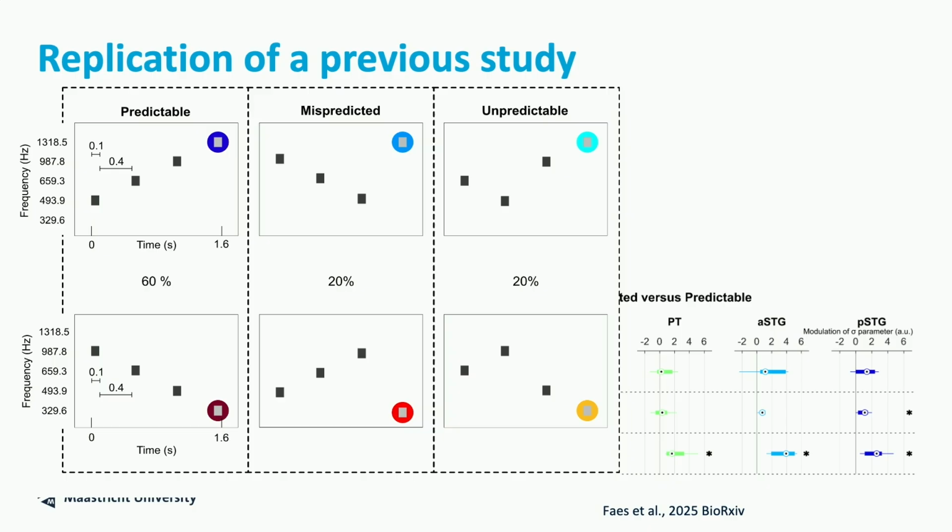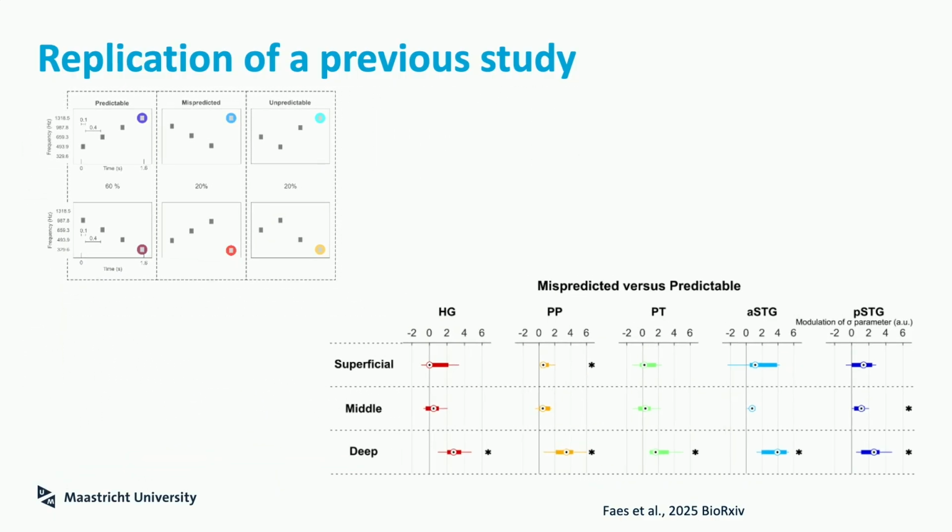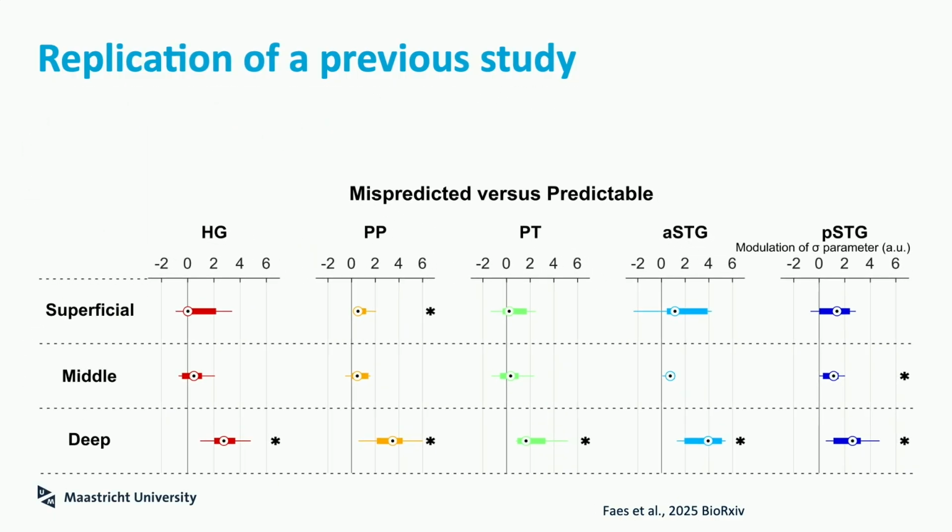And then if we analyze our data in a very similar way, and these are the results, then we also find similar effects. So a superficial layer effect in the planum polare, and again this very widespread deep layer effect. So it could be that the type of stimuli that we used, tone sequences in this study, syllabic sequences in the other, would move error signaling from a lower order auditory area to a higher order area. And this we hope to test in future studies.